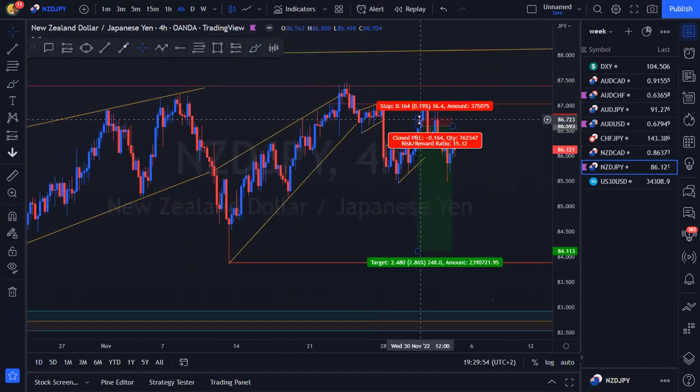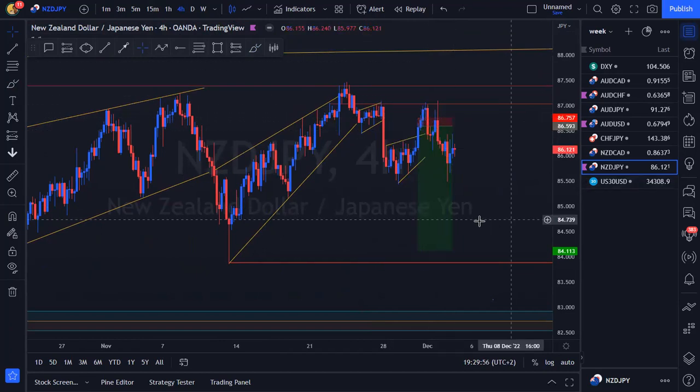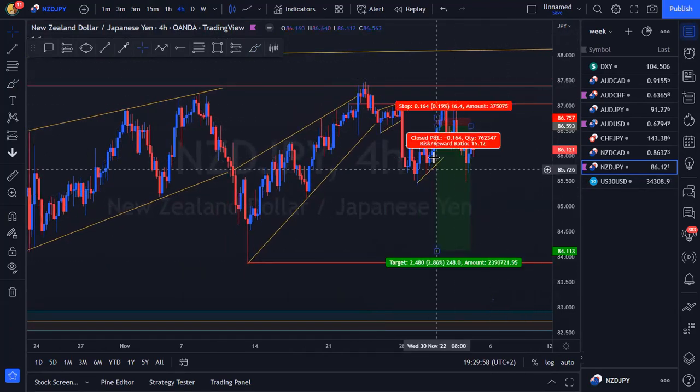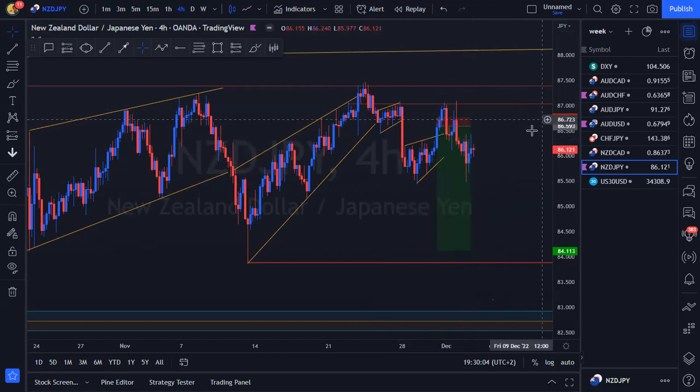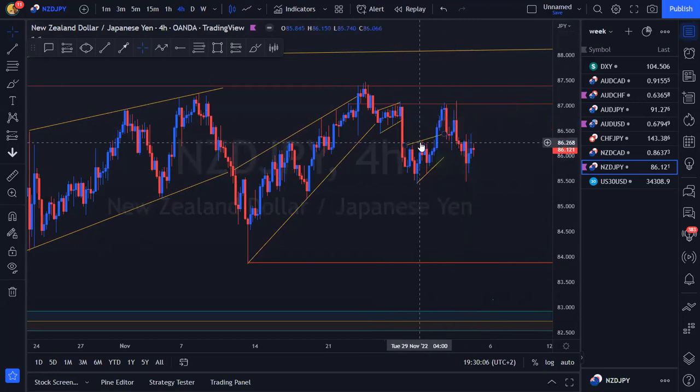She didn't play nice with us, but we did reduce risk and we only took about minus 0.25% on this pair. Otherwise, we will look to jump back in if she does give us another entry. We follow the money. We just change as the probabilities change; we adapt and we change with the structure.